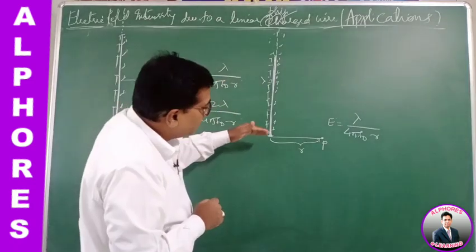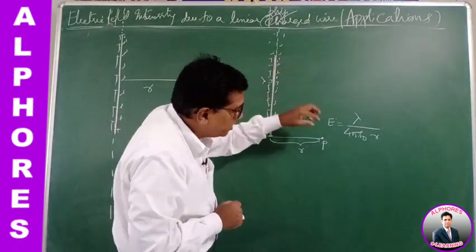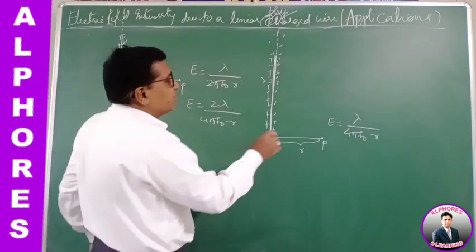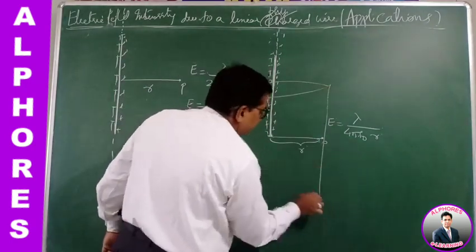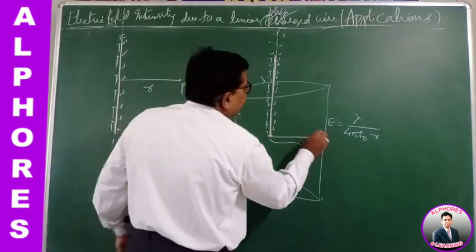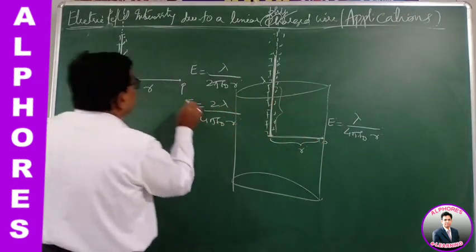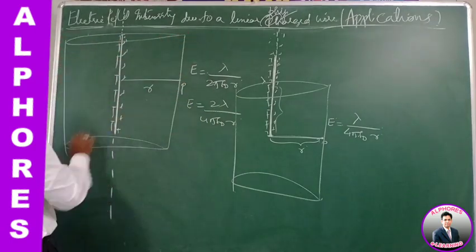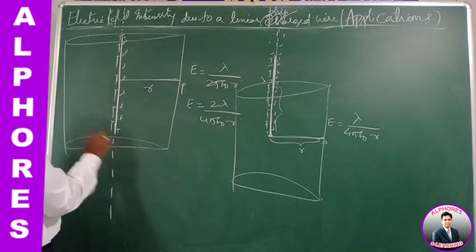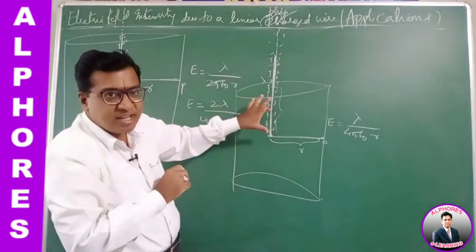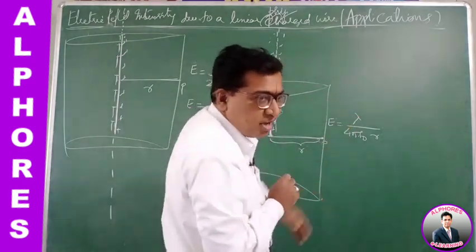In the sense, only this part of the charge has influence here. There is no charge on the lower part of the conductor. Suppose I imagine a Gaussian surface, uniformly distributed like this, then in this case only half the charge exists. But here, if I consider the same Gaussian surface, then there is charge above as well as below. So the charge enclosed here is double, but the charge enclosed there is half. So I get the field also to be half.